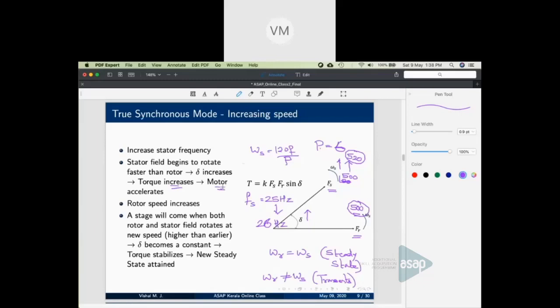Okay, so what do you need after all? You just need an inverter which can vary the frequency. An inverter can easily vary the frequency using frequency modulation, as well as vary the voltage using pulse width modulation. So changing voltage or frequency or both is very easy for the inverter to do. Hope the concept is clear. And thus just by changing frequency, we are increasing or decreasing the speed of the synchronous motor.